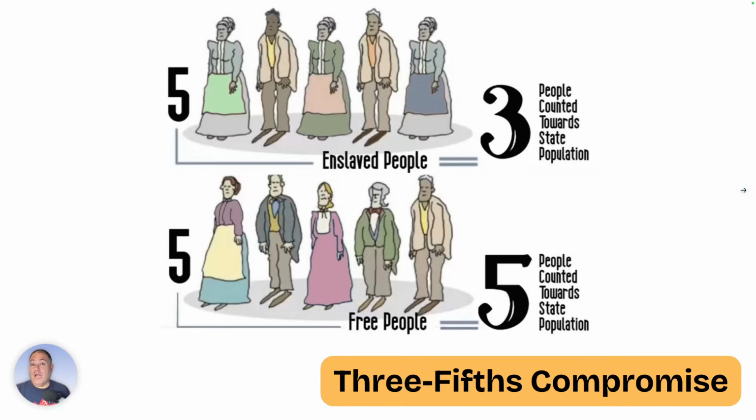First of all, 3/5 compromise. We learned about this early on in the unit where we talked about the impact of slavery on the U.S. Constitution and how they came up with some of these compromises. The 3/5 compromise was over representation. The delegates argued about how enslaved people would count towards a state's population, and so they ended up with the 3/5 compromise that said 3 out of every 5 enslaved people were going to count for the purposes of representation